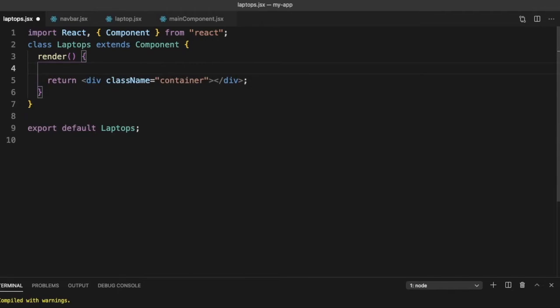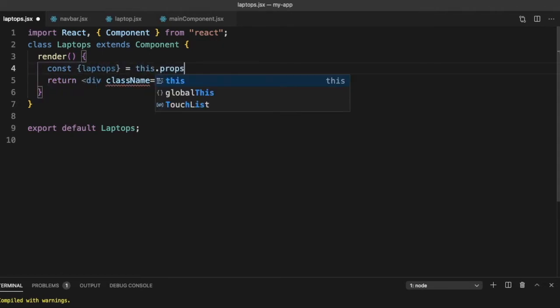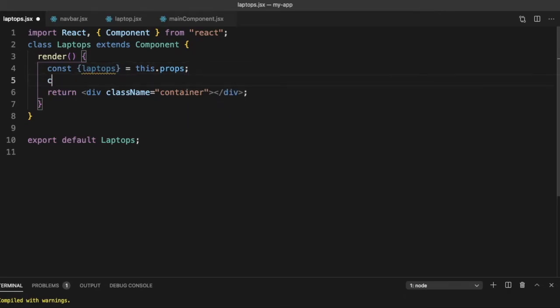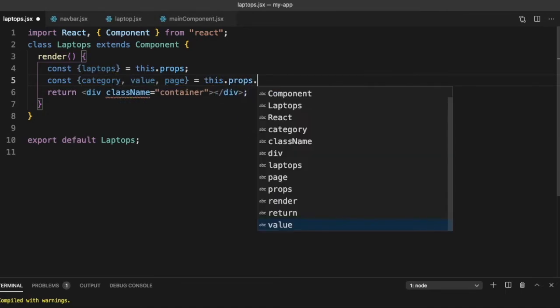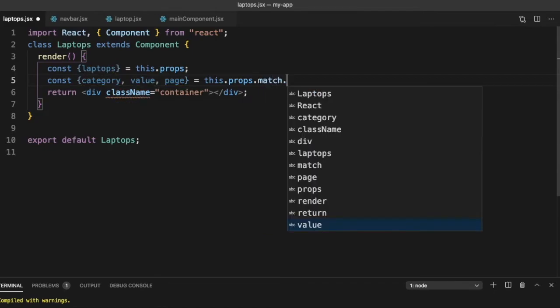So here in the render, let's destructure const laptops is equal to this.props. Then we get category, value and page as this.props.match.params.